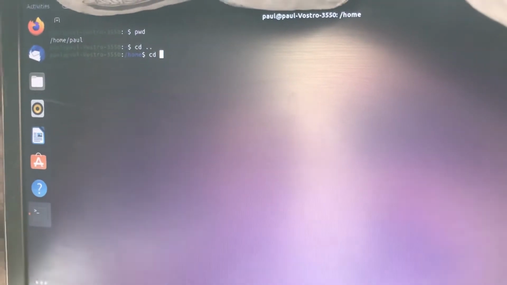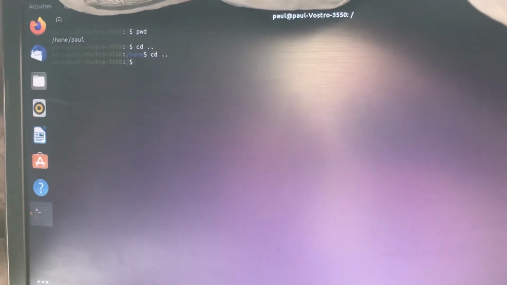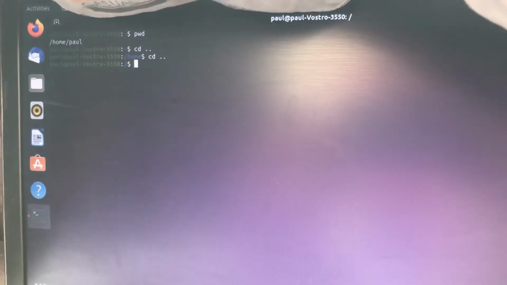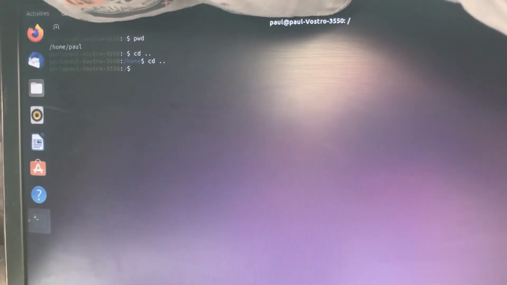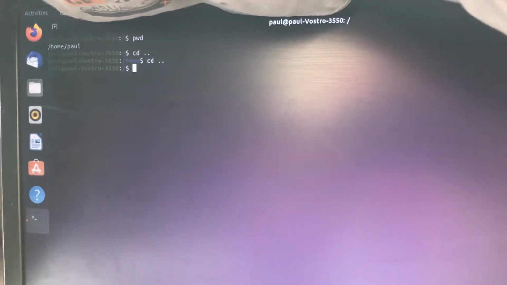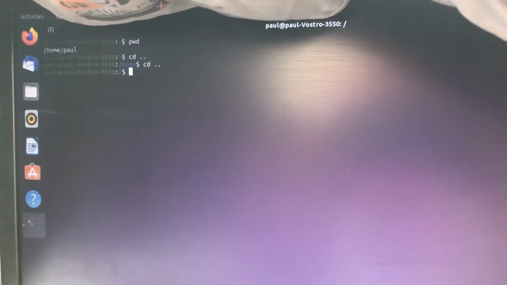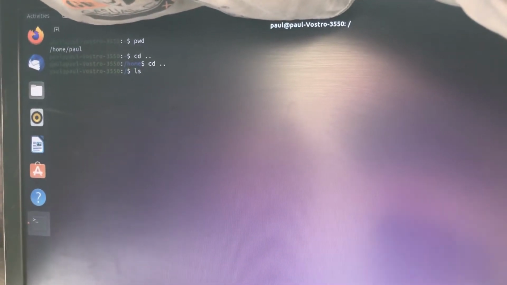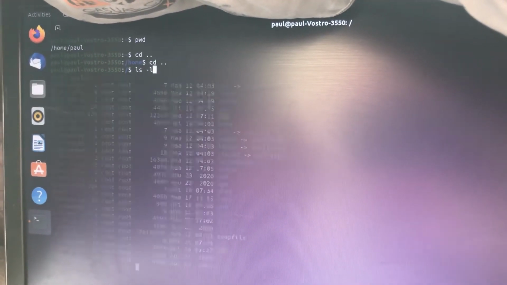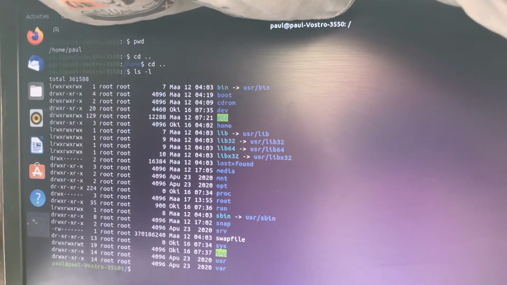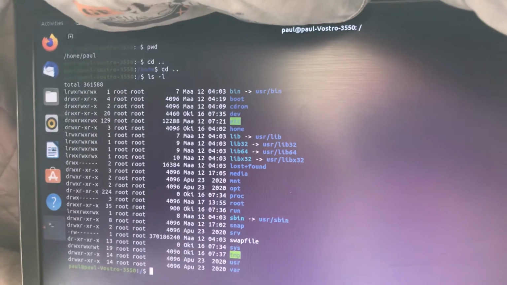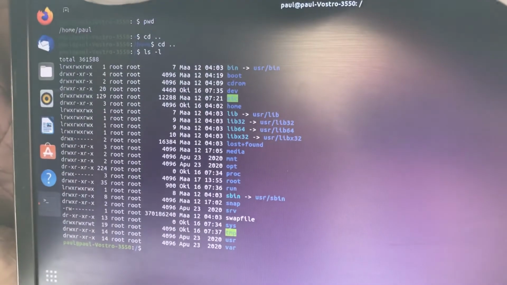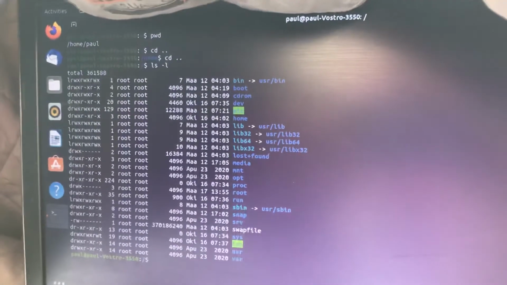Let me go back a little to the root. I've gone back to the root because the root will have the home, and by long listing all the files and directories in the root, I'll be able to see what the home is and what permissions it has. So in long listing format, I'll use ls -l. As you can see, that command lists all the files and directories in the root, but in a long listing format. So when you look for home,